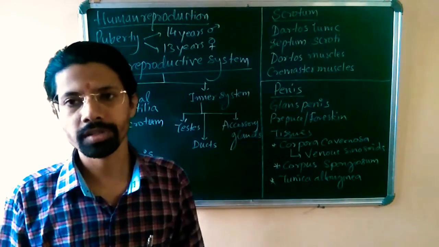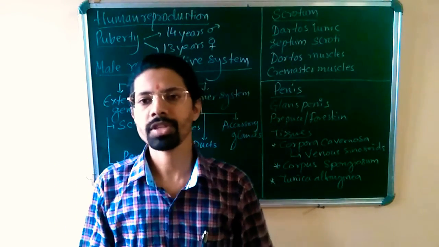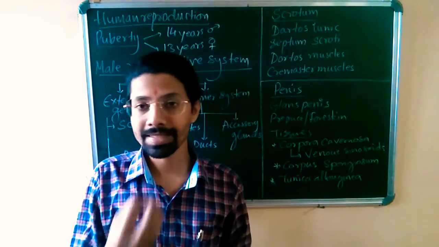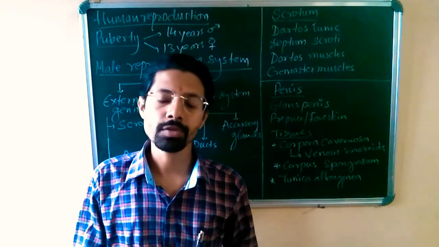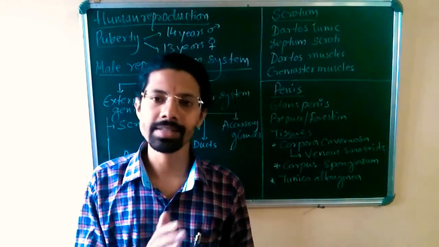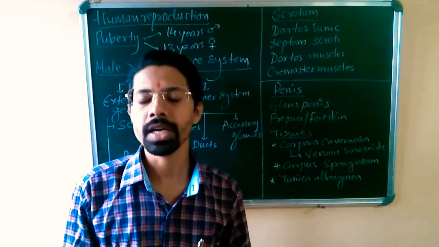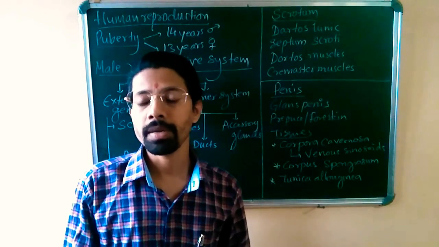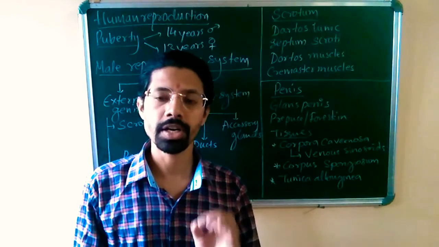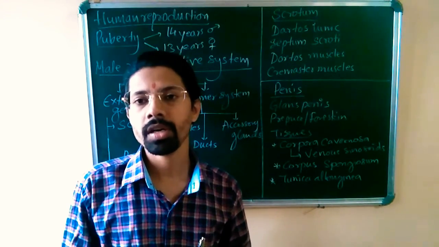What is the function of scrotal sacs now? In the abdominal cavity, testis develop during the embryonic stage, but before birth itself, the testis descend into the scrotal sacs, because for normal function, testis require around 2 to 2.5 degrees Celsius less than the normal body temperature of a human male. So normal body temperature is approximately 37 degrees Celsius, and the temperature required for the testis to function normally is around 34.5 or 35 degrees Celsius. Okay, so within this range, the testis is functional.